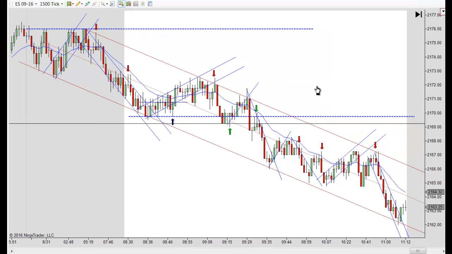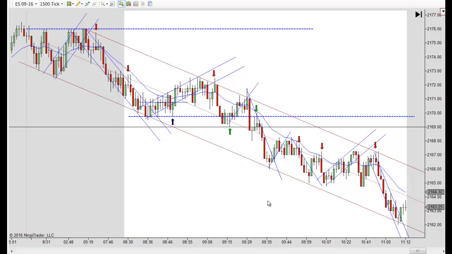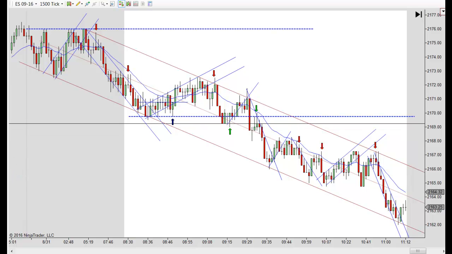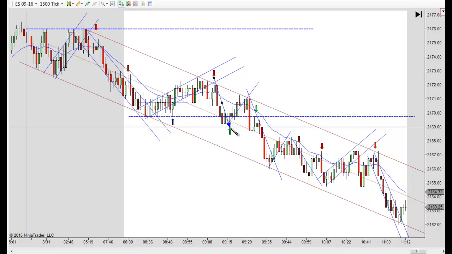But you wouldn't have got another one. It just, the bottom fell on out of it. And again, you were looking for your measured move down here. But you also, once this move took off, look for a measured move like that one. And you can see that's pretty much what we got before it bounced right there.